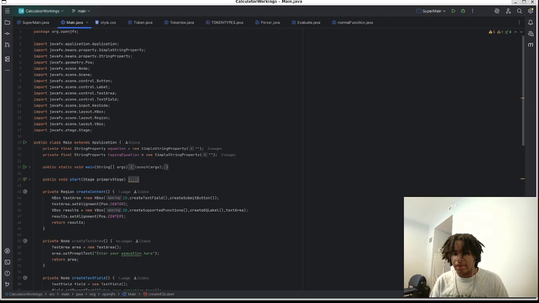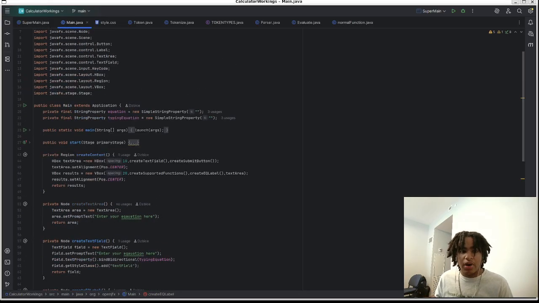I might still add buttons and stuff. For example, if you want to add an integral, instead of having to type it in, I may make you press a button. Maybe I can get some LaTeX in there and then be able to evaluate that. Possibly, I don't know. But so we have a public class Main extends Application, and